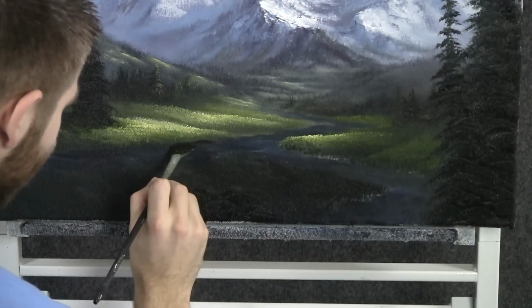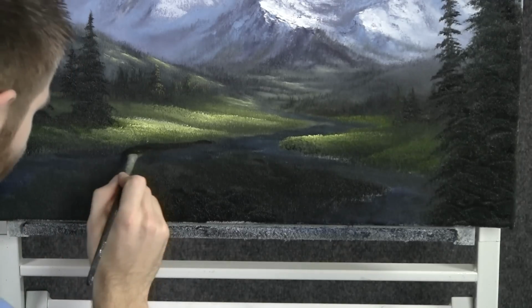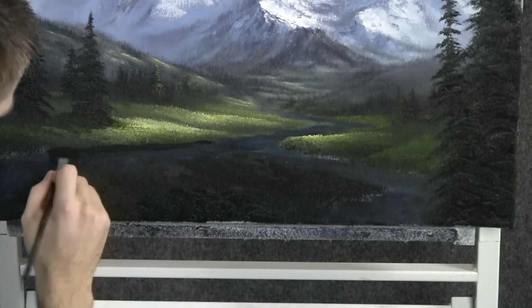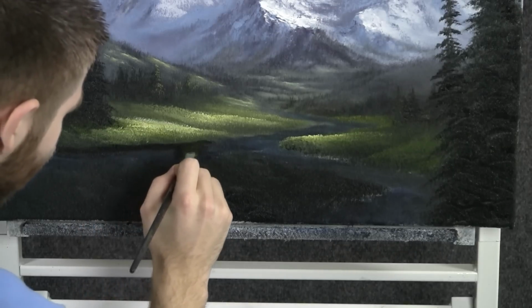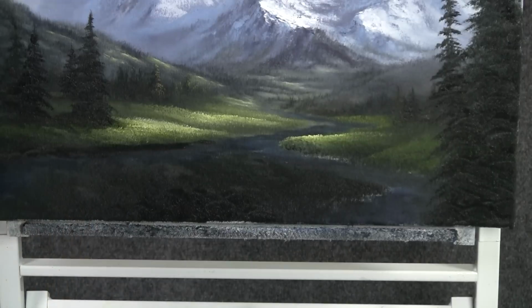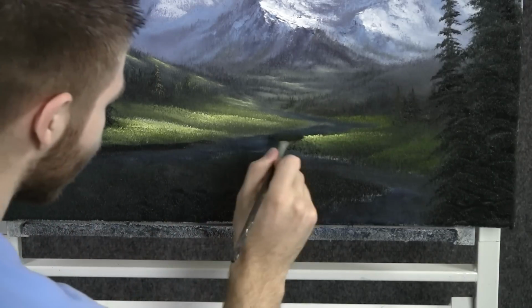Now with the fan brush, we can run a little bit of color. This is just brown and black. Right along the shore here. What this is going to do is turn it into a nice little cliff. You can even pull down. Like there's a tiny drop off before you hit the river. Nothing too big, just a little. Kind of sets that